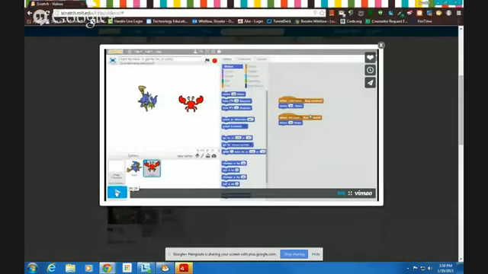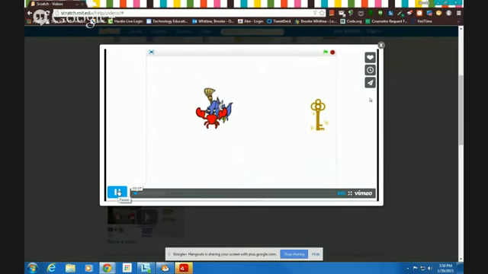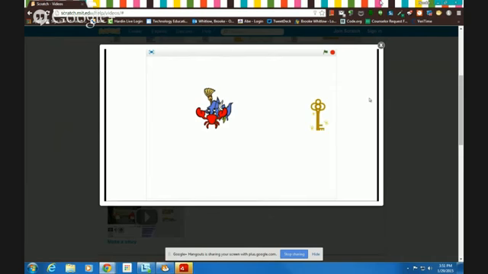Okay, thank you. Today, we'll make a game. Now, to win this game, we have to get the crab to the key without touching the witch. Do you guys get it? So what we're going to create is one sprite over here whose goal is to move over to your key, or whatever sprite you choose, without touching the thing bouncing in the middle. And Sebastian is going to teach you how to do that.